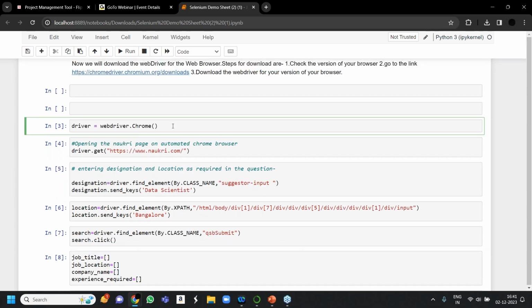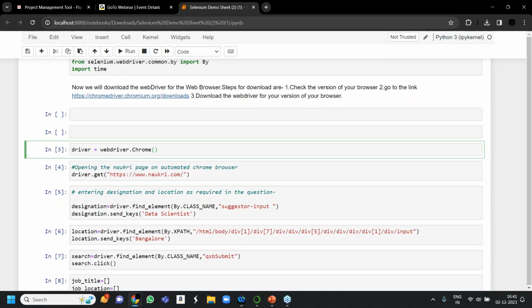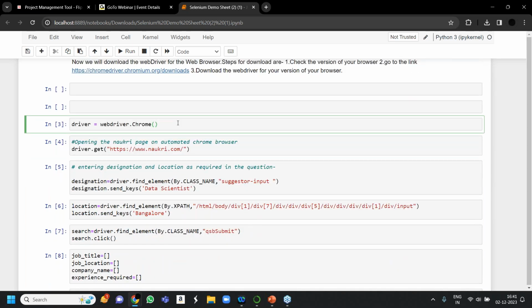So webdriver.Chrome. And if you remember, at the starting I told you Selenium is an automation tool. You don't need to do anything. So I will be showing that now. As soon as I run this code, you will see a blank automation window will occur. Just focus on the screen now.